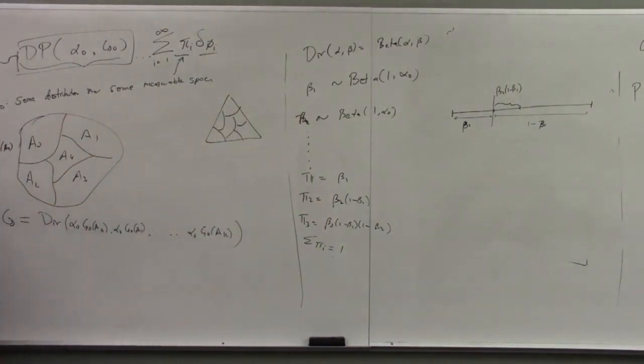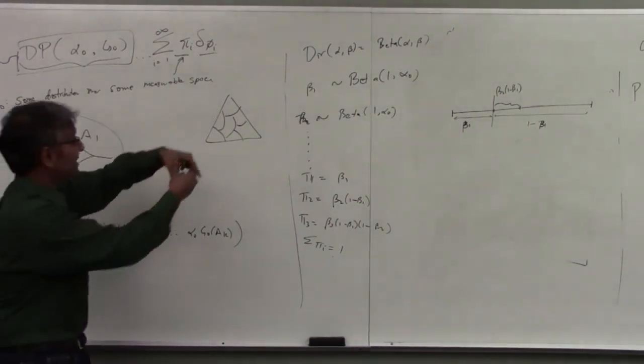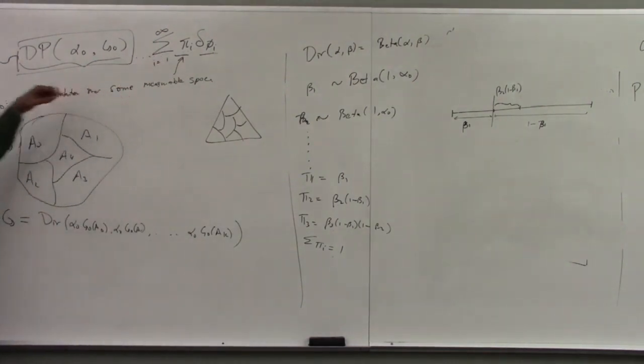Now remember when we went back to the mixture of Gaussians, I said, oh, there's this mixture parameter. I can fix it or I can choose it randomly. Right? And I was going to choose from a Dirichlet distribution. Here what I'm doing is describing a process to choose this infinite set of parameters randomly. So I can get a random distribution. So that describes the distribution over the space.